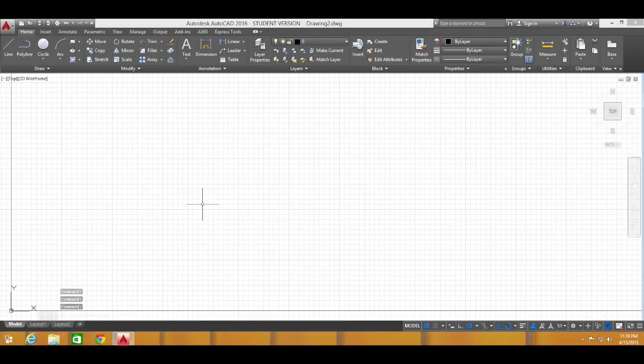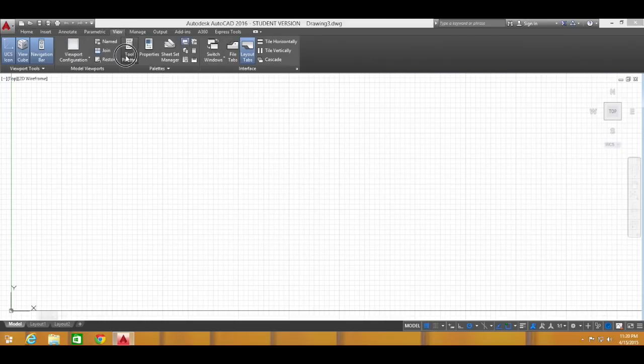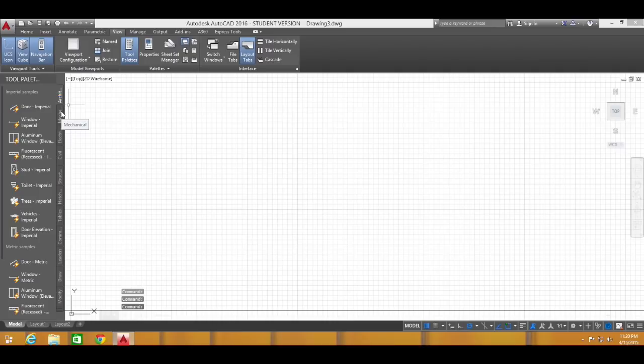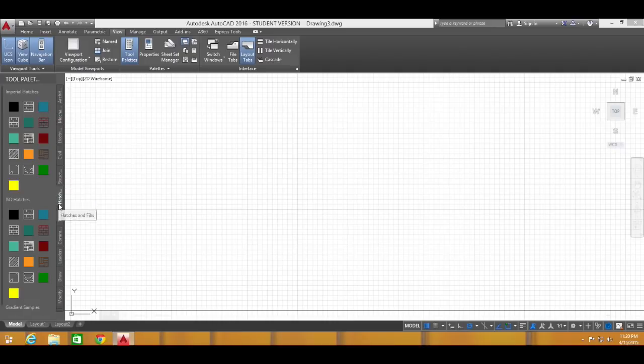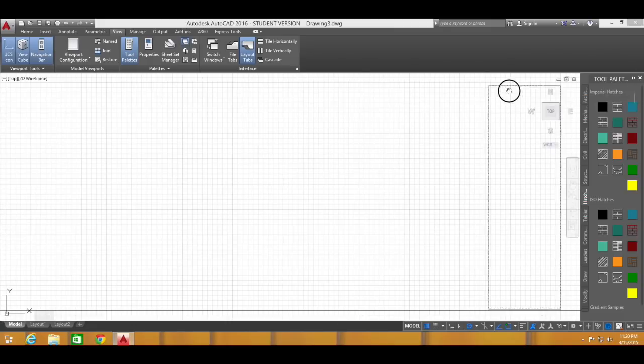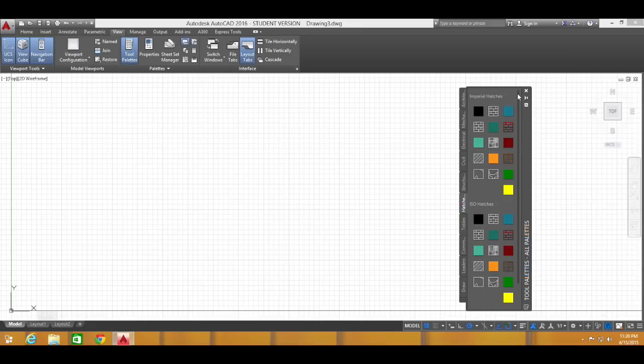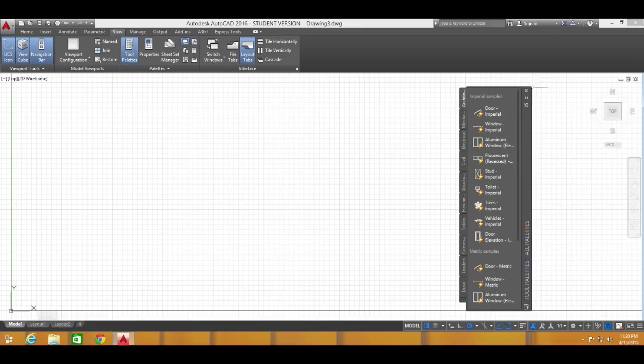Now, we'll go over View and Tool Palettes, Options and Settings, and set up some specific settings to make your layout similar to mine and make it easier on you for future projects. To begin, let's talk about the View tab and the Tool Palettes. Tool palettes are used to give you quick access to icons and blocks used commonly in design. The Tool Palettes bar can be pinned to a specific side or simply float on the page. It's not necessary to have the Tool Palettes bar open at all times, but can be especially helpful when finishing